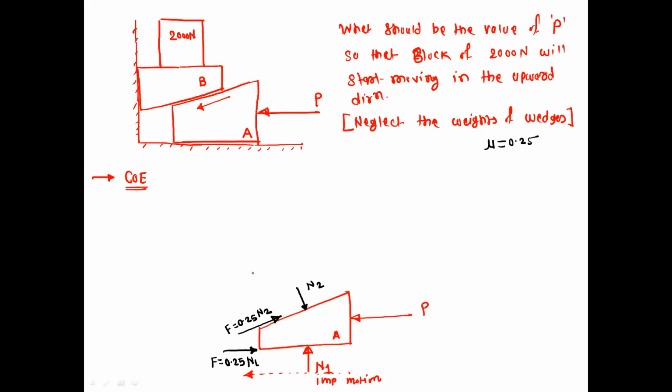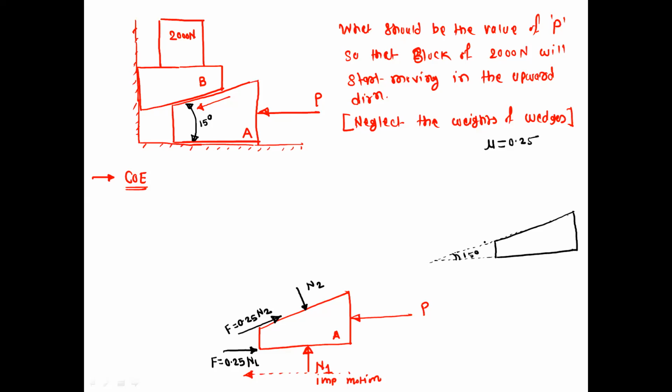Okay, so the angle of 0.25 N2, this angle is given for the wedge. So this is called the wedge angle, and it is given as 15 degrees. Basically, the wedge angle is nothing but the angle of the tapered side. So this is the wedge. If you extend this tapered surface, then this angle is given as 15 degrees.